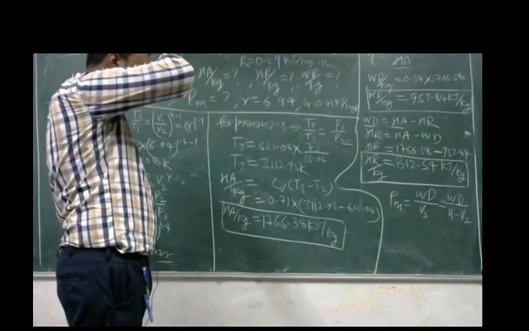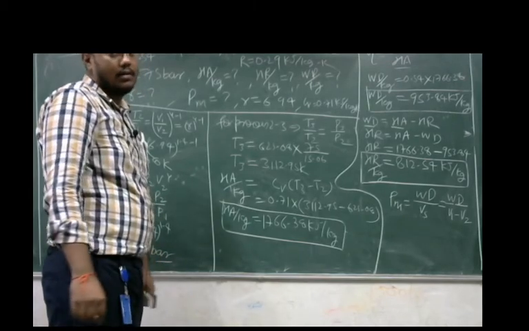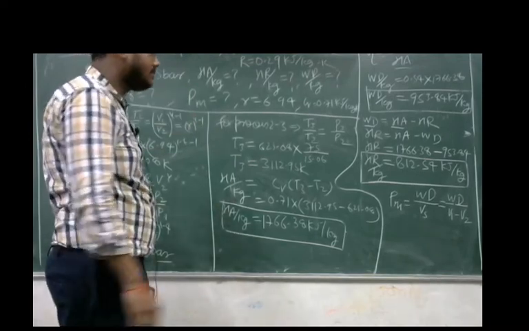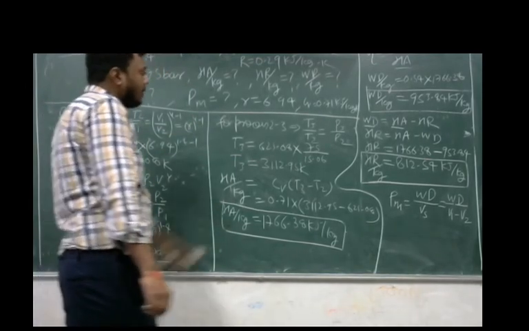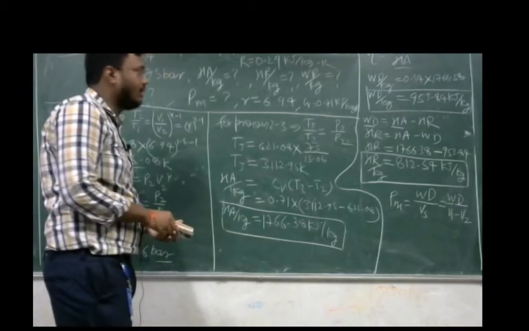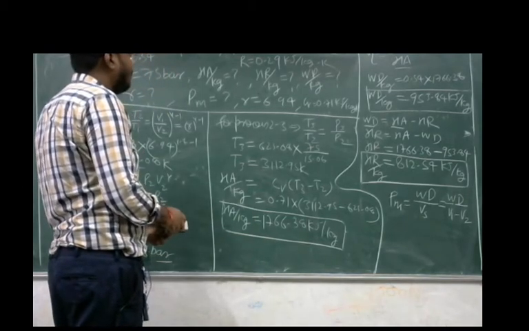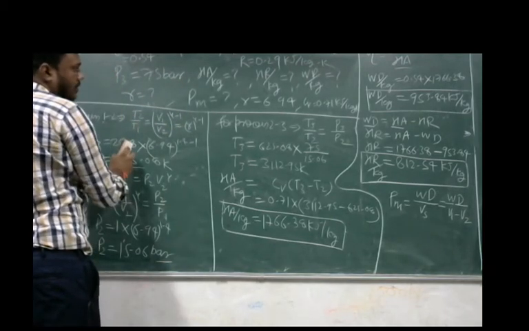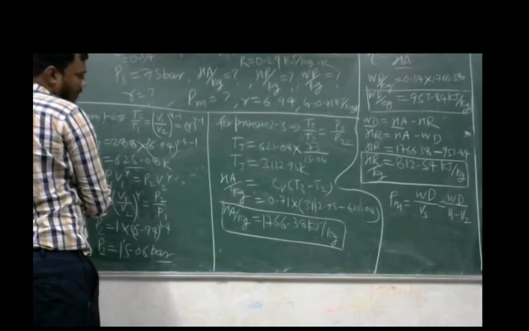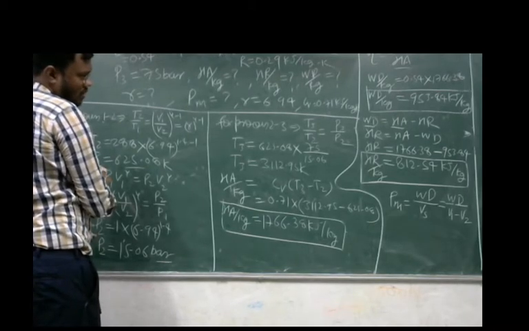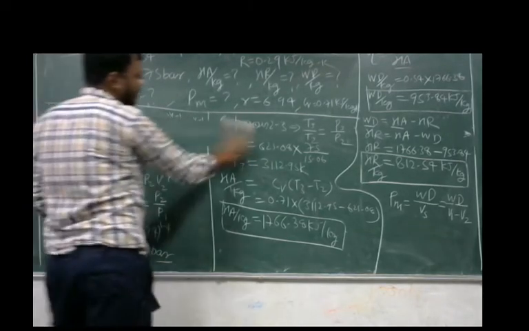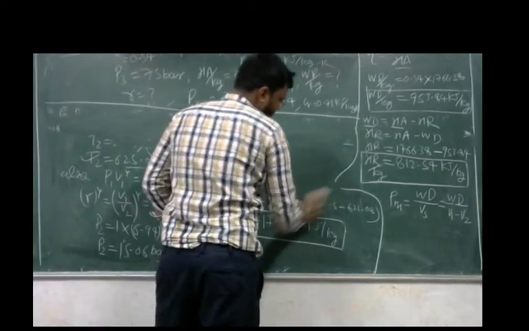So this we can calculate by using the ideal gas equation. We know the ideal gas equation. What is the ideal gas equation? If we apply this ideal gas equation on point 1 in the diagram, we know the diagram. I am drawing the diagram here. Okay. I am deleting all this data. Okay. This we have calculated.